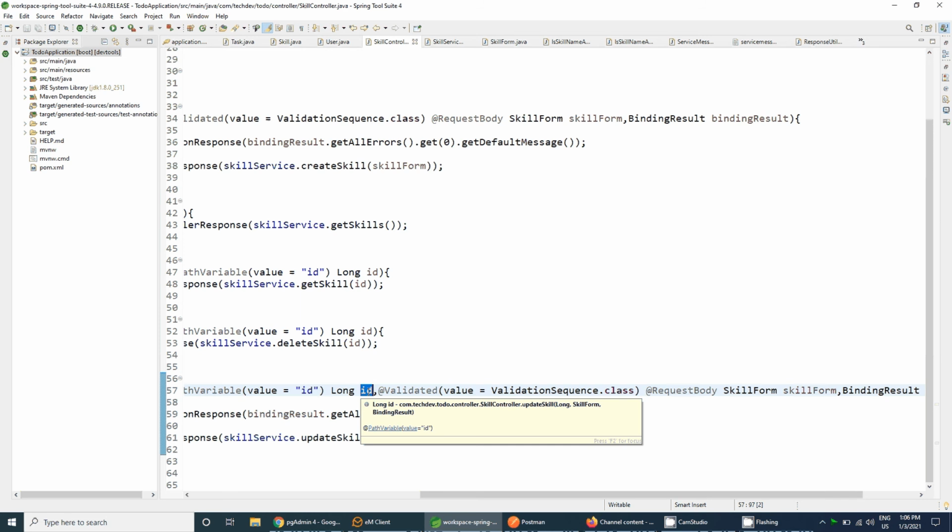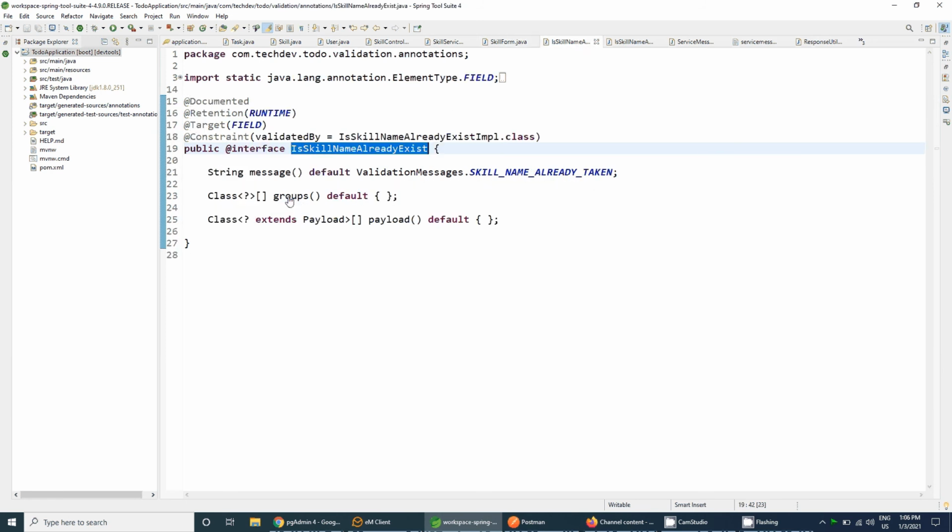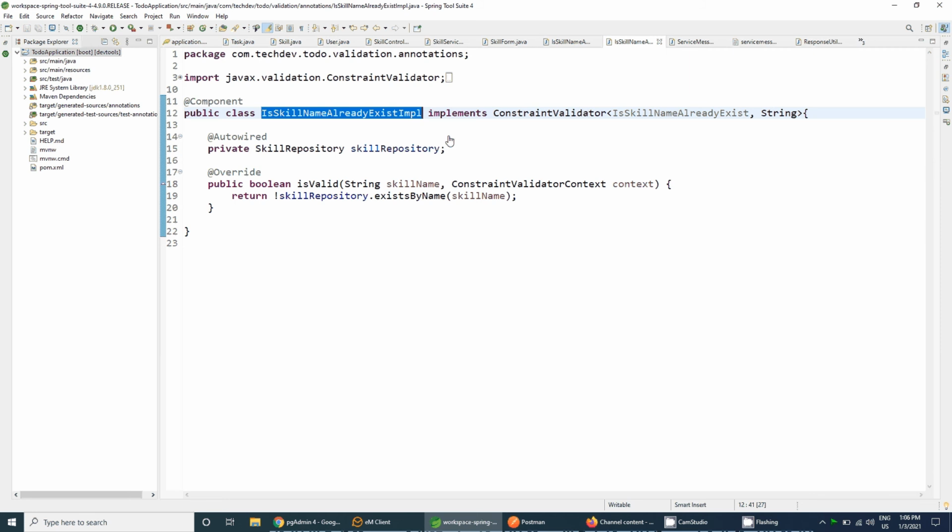This can be validated in your service layer also, but we are going to use it in the skill form, because we already have an implementation for validation for skill name already exists.